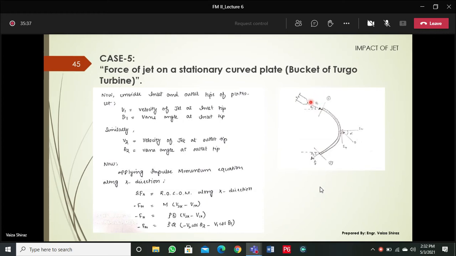अब यहाँ पे देखें, v1x will be positive in this case and v1y will be negative. Also for v2, your v2x will be negative and v2y will also be negative. So the only thing which you have to take care of for this case, जो additional है इस case में, that is to understand the direction of the velocity components. Okay? और इसी की प्रैक्टिस के लिए हम लोगों ने इन केसेस को स्टार्ट करने से पहले एक जनरल केस कवर किया था, where you can understand the direction of the velocity components.